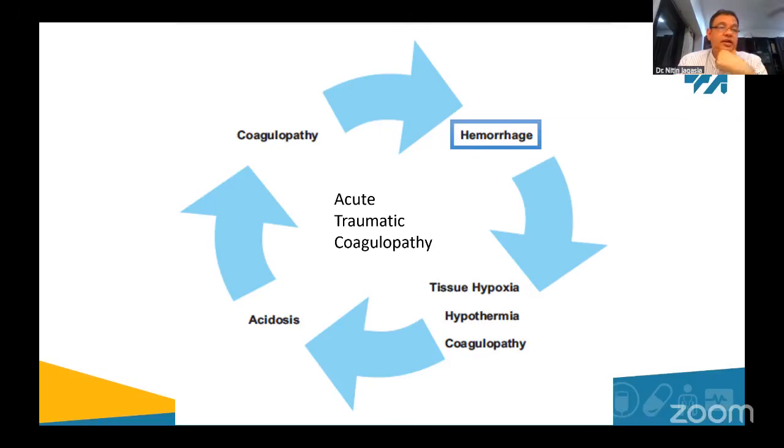Acidosis, so obviously correcting the circulation. It's mainly metabolic, it's mainly lactate. So perfusion is an issue that will help correct the acidosis. And coagulopathy would be giving the right products. So you've got things like thromboelastography now, ROTEM, where these machines can guide you, which is the blood product or which is the clotting product that you actually need to give.